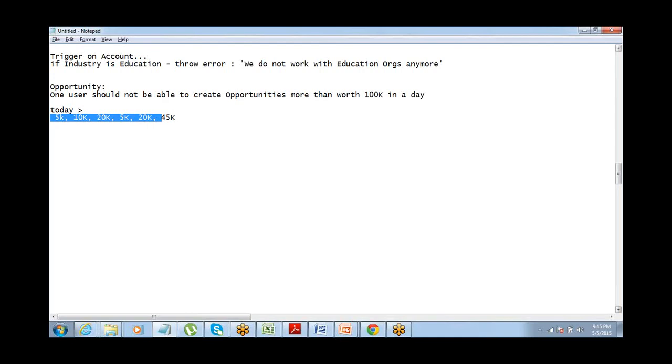So there are two things that we'll have to consider for this trigger. First is all the existing records which are already in the database, which have been created today. So first thing, I should be able to check all the existing records which are already there in the database, and I should be able to do a sum of them.